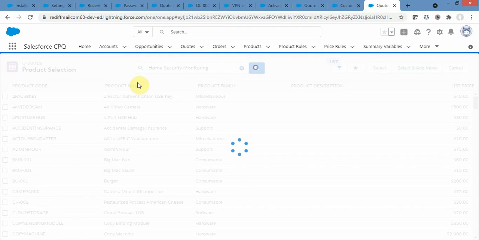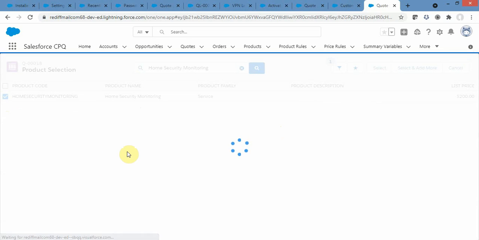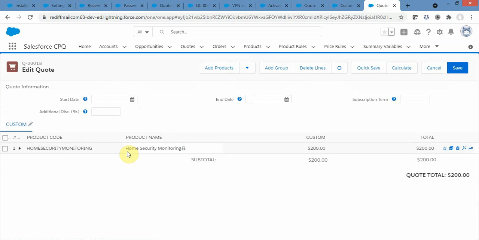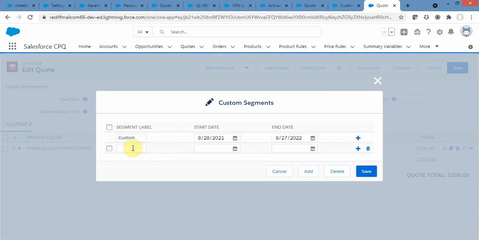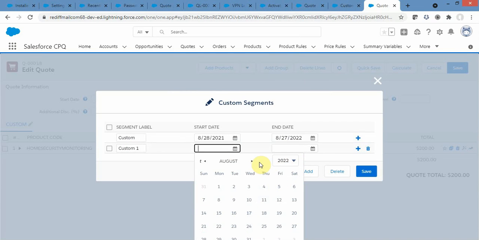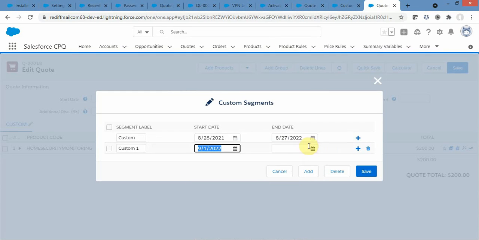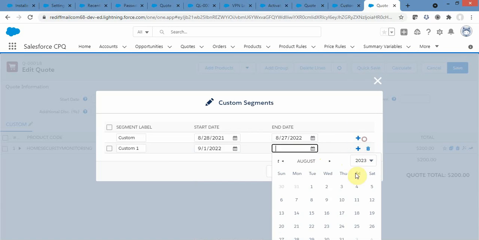Home security monitoring, select it, and then click on custom. Click on this plus icon, name it something like custom 1, and change this to 1st of September,